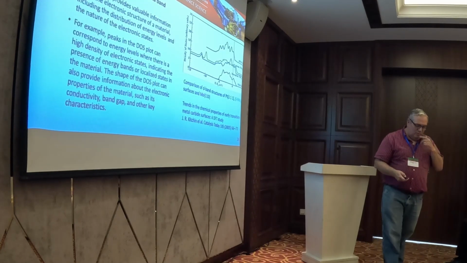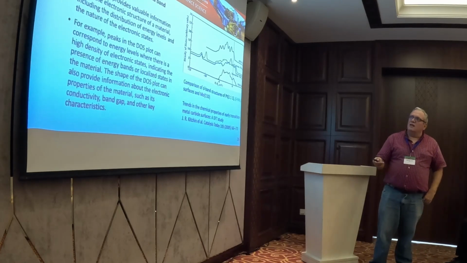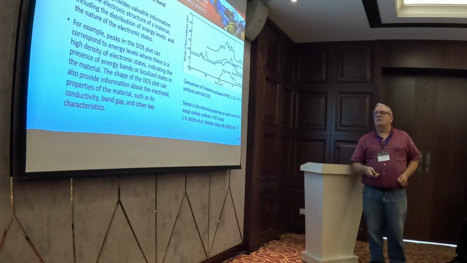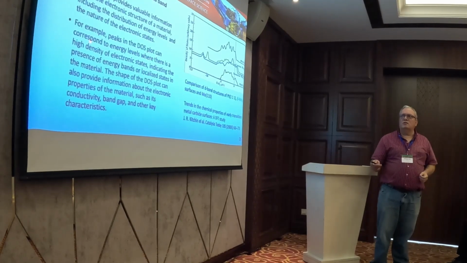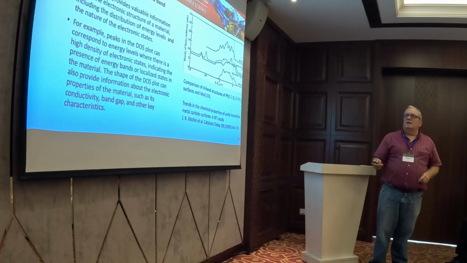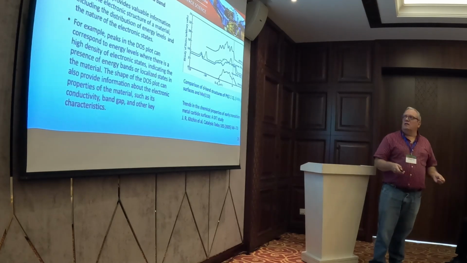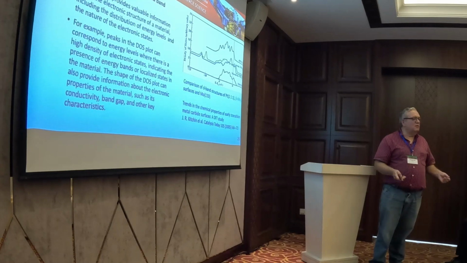Let's try another type of calculation for comparison. In this example, you are checking out what happened with the density of states, which provides valuable information about the electronic structure of a material, including the distribution of energy levels and the nature of electronic states. For example, the peaks of the DOS plot correspond to energy levels with a high density of states, indicating the presence of energy bands or localized states. You can see also in a DOS plot if there is a gap, and you can correlate this with conductivity